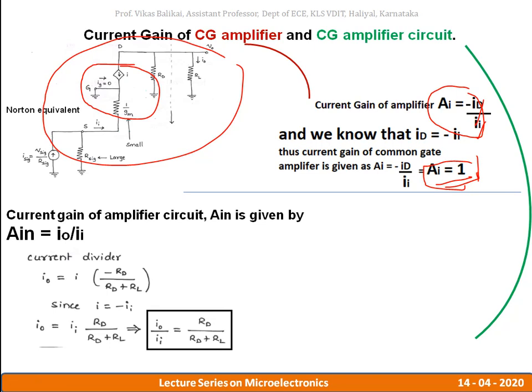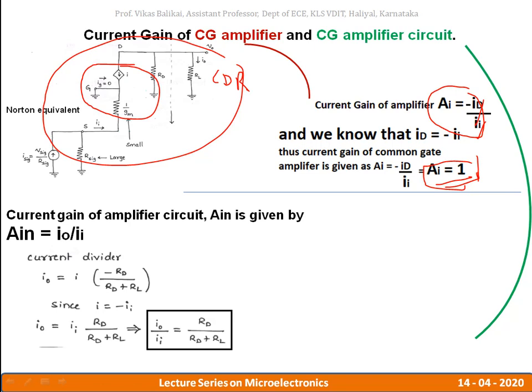So if I want to determine what is the current flowing in the load resistance, now I will be applying the current divider rule through RL to determine what is the current that is flowing through the RL. It's simple. It is just exactly opposite to that of a voltage division formula. So I'll be figuring out the output current, that is I out. So I out is given by the master current that is flowing over here in this output terminal, that is I, multiplied by that resistance where I am not going to calculate the current, so that is RD, divided by RD plus RL.